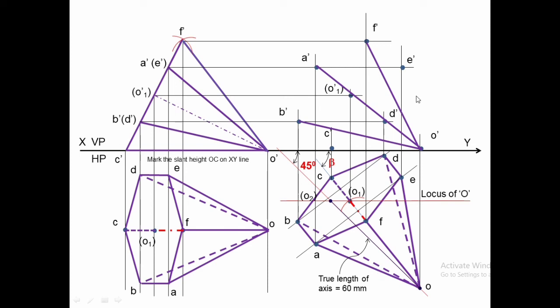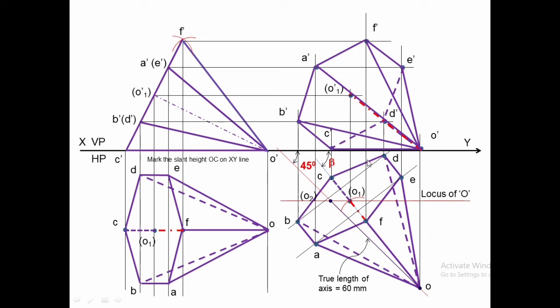Now mark the boundaries. You can find the other edges like D, which is inside. So CD is one base edge, D comes inside the boundary. Therefore we are going to mark it by thick dashes. And finally mark the axis. This is the final view of the given problem.